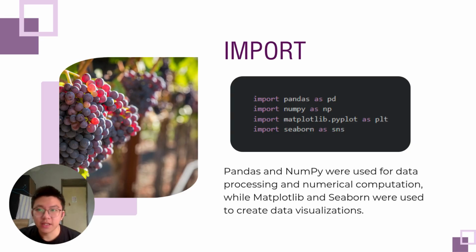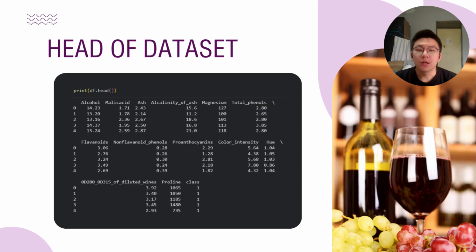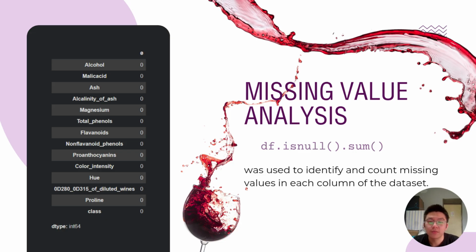To process this dataset, we imported pandas and numpy for data manipulation and leveraged matplotlib and seaborn to build all the visualizations. Looking at the head of the dataset, we're able to see the raw values across features like alcohol and malic acid. Before we run our algorithm, we perform missing values analysis by using